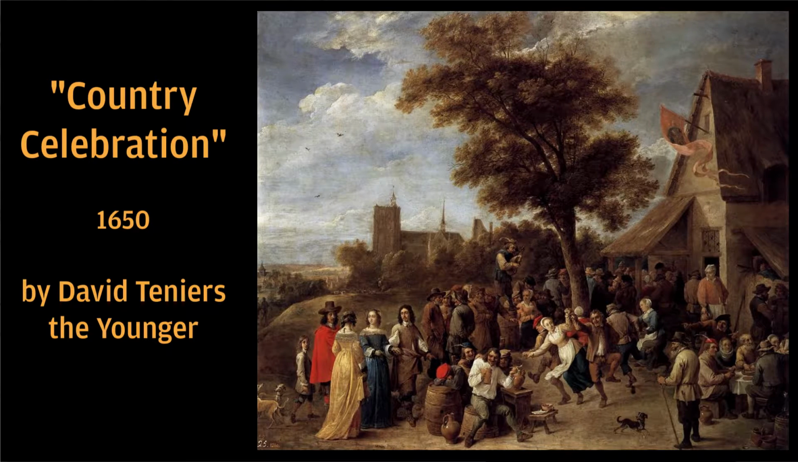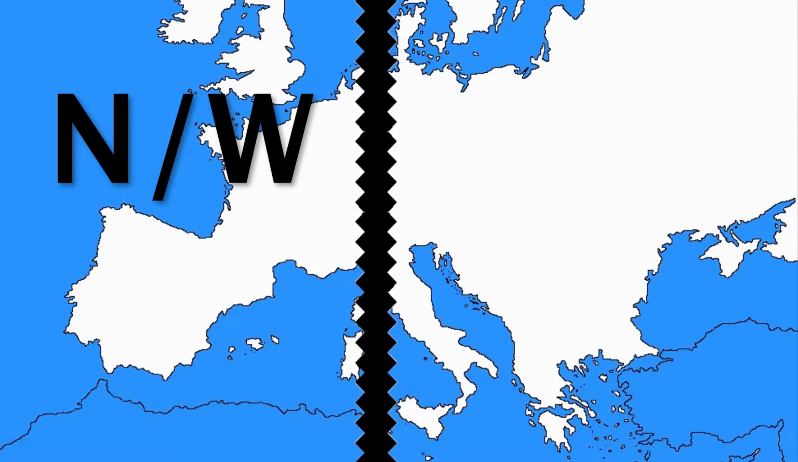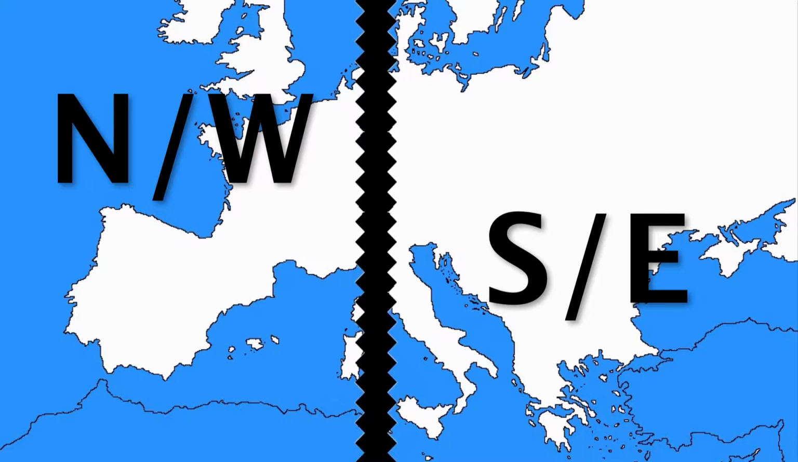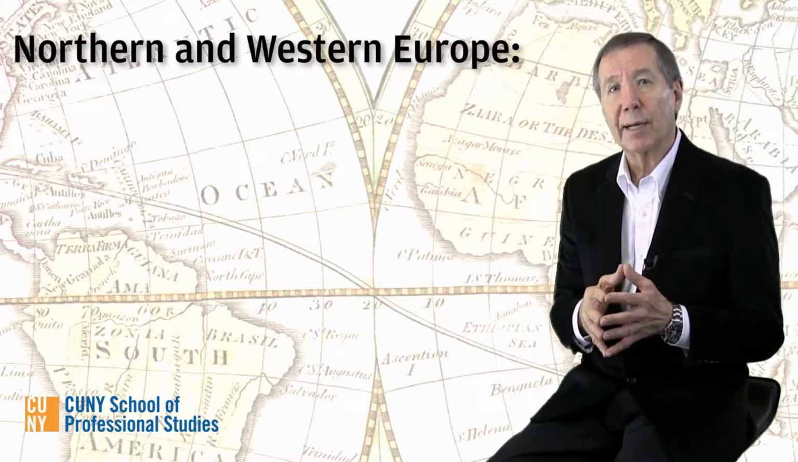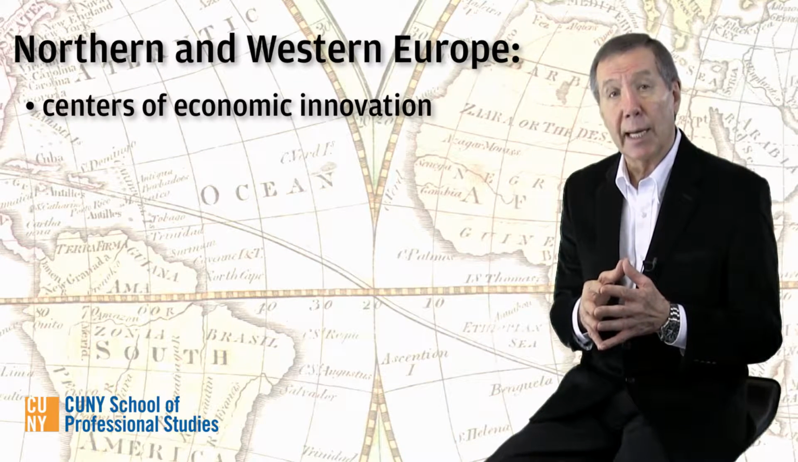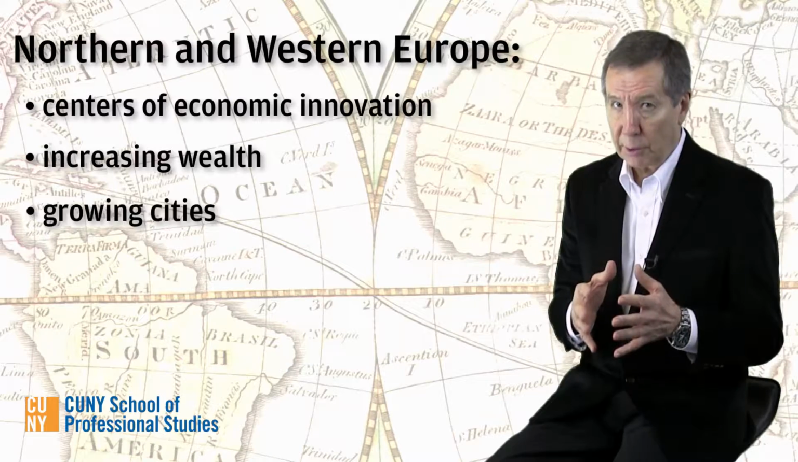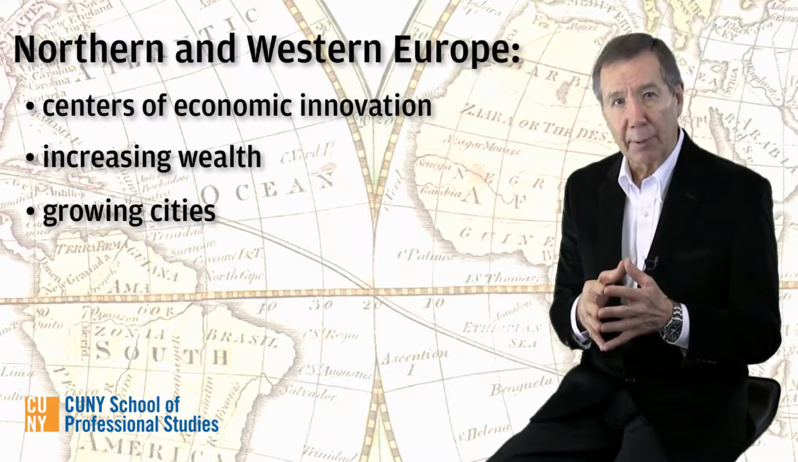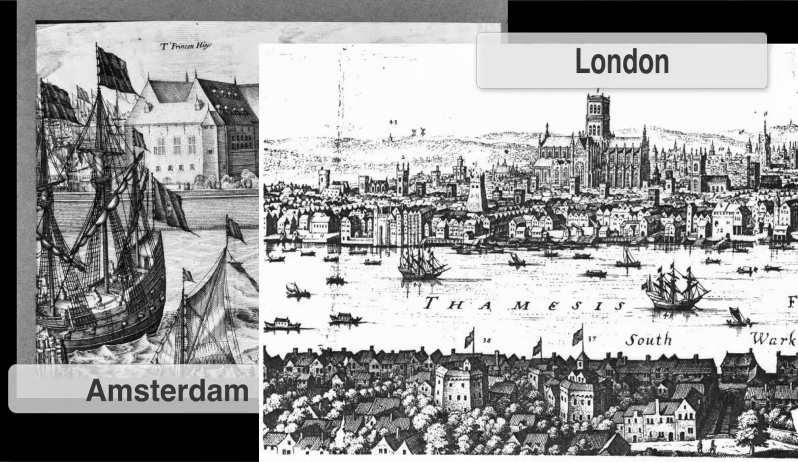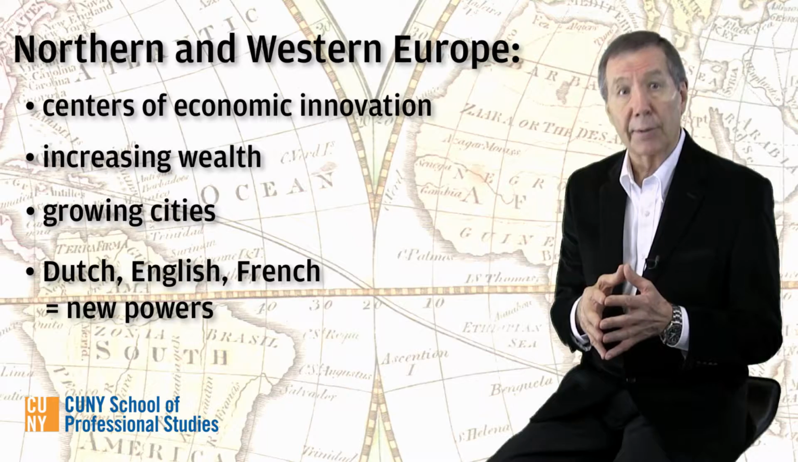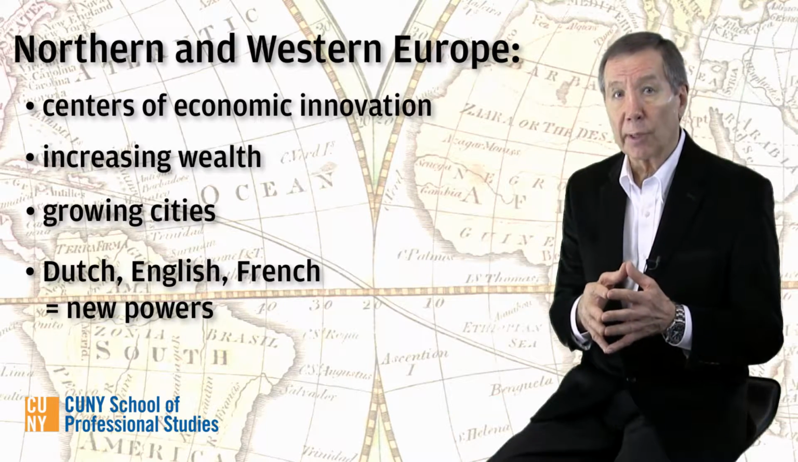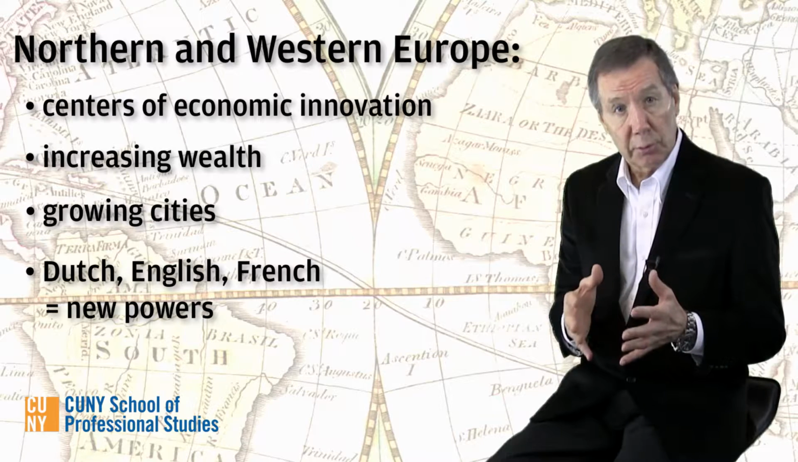What emerged was a period of relative tranquility during which the European world essentially divided into two parts, the North and the West versus the South and the East. In the North and the West, we find the centers of economic innovation and increasing wealth, growing cities that are centers of commercial capitalism, such as Amsterdam and London. The Dutch, the English, and the French are the ascending Northern and Western European powers, soon to become the seats